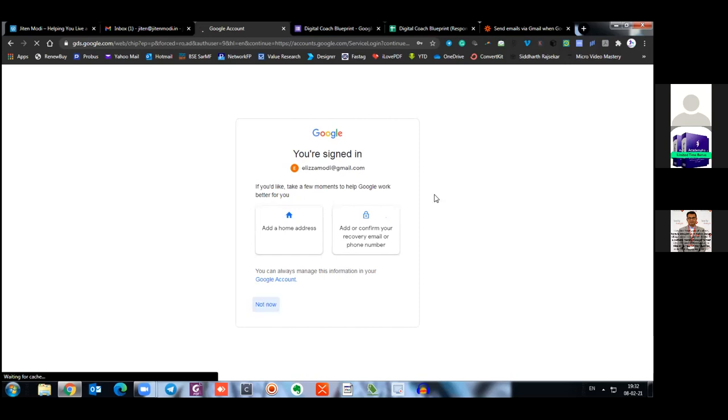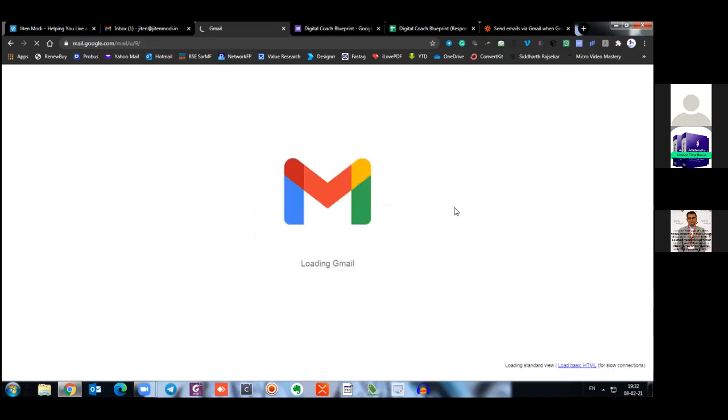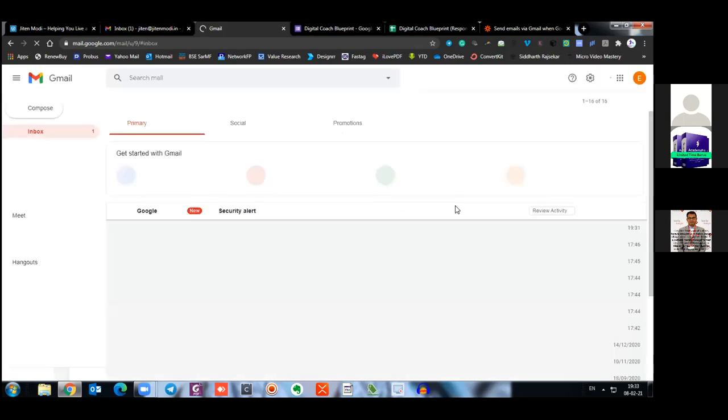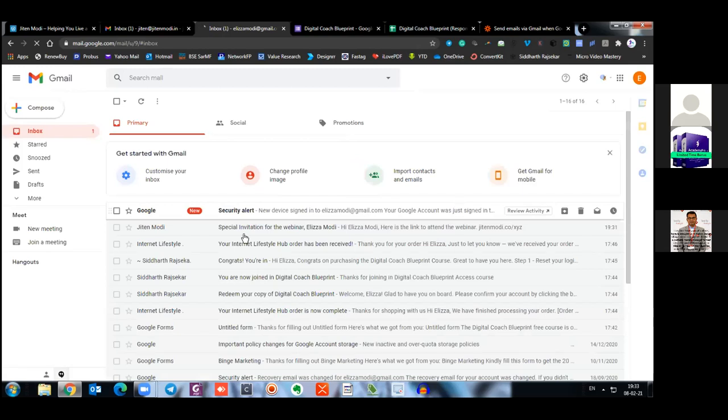Instead of a spreadsheet, can we use our Excel sheet? No, sir, the spreadsheet is compulsory, because it comes via the form. Whatever entry you enter in the form will come onto your spreadsheet, and from the spreadsheet it will send. If you want to give it a try, you can, but I am not sure.